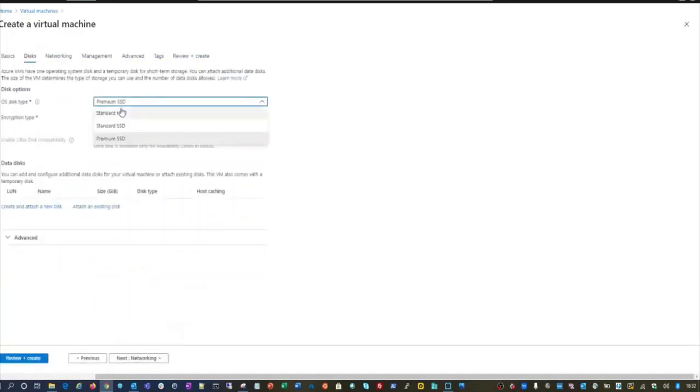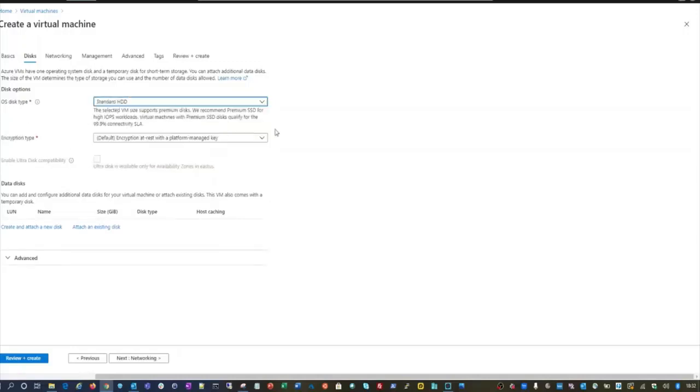Here you can have standard SSD, or you can have SSD or premium SSD. I will select standard SSD. Okay, the selected VM size supports premium disk, and we recommend premium. But I don't need so much IOPS in this domain controller. They are also asking me to have some encryption by default, so it's okay, or you can enable it.